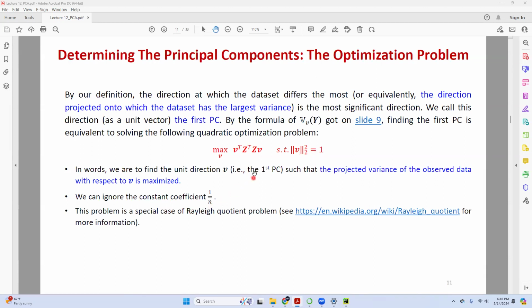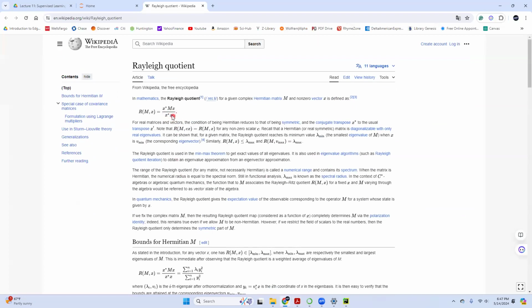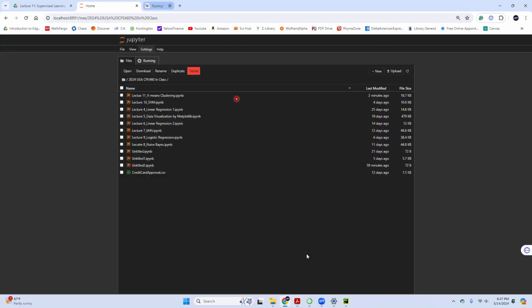That's our definition. Otherwise, you would need to put a weight parameter W here, which makes my life more difficult. It's worth mentioning that this problem is a special case of the Rayleigh quotient problem, which should have a denominator here as well. But because my V is a unit vector, this is always a 1.